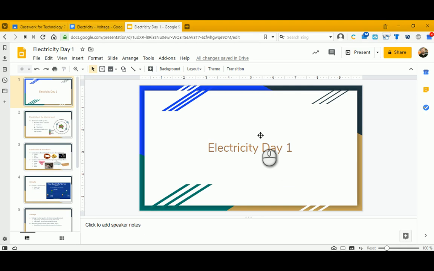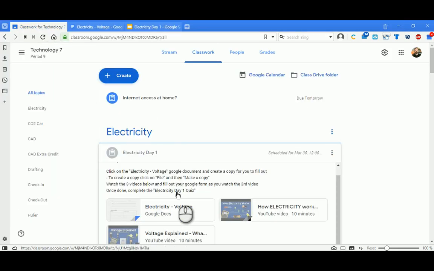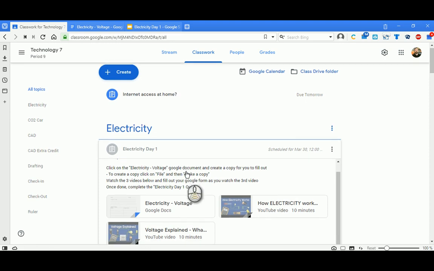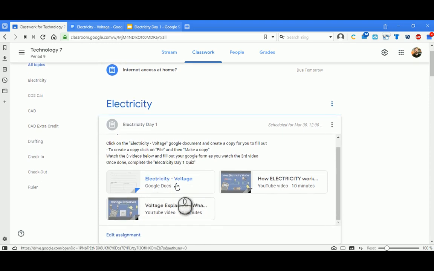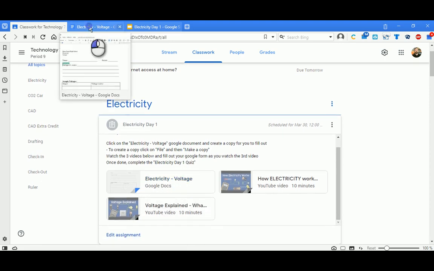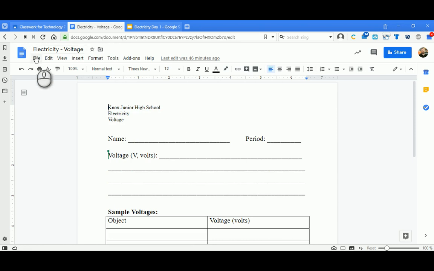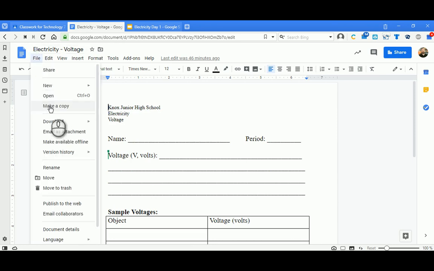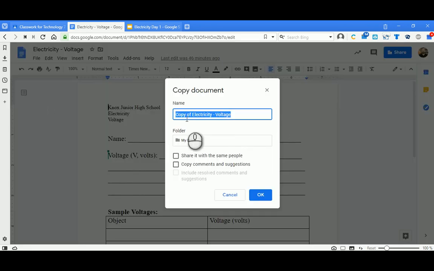Okay, so today's going to be the first day of electricity, and before I begin, I just want to let you know that obviously you've seen the assignment in the Google Classroom, this electricity voltage Google Doc. If you click on that to create your own copy, you just go up to File and then make a copy,